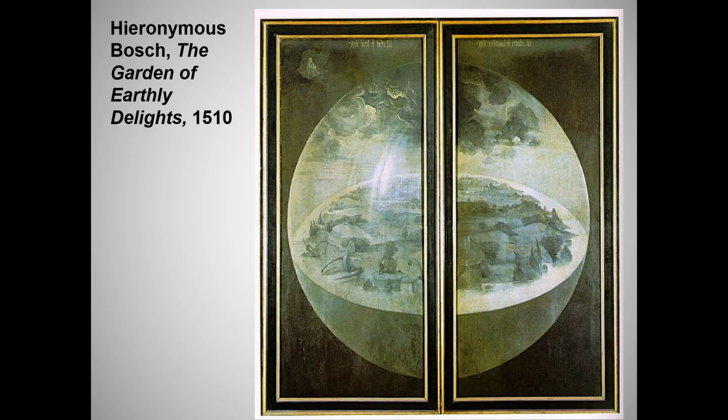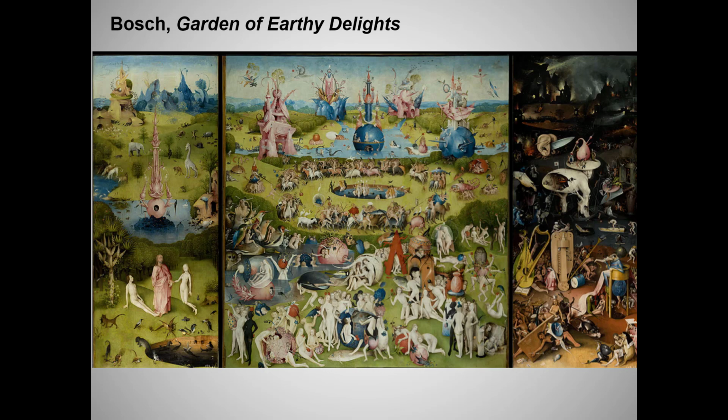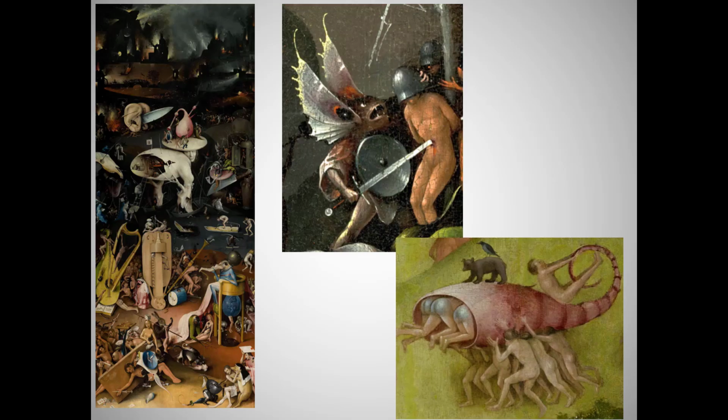Here's the triptych in its entirety. We have Adam and Eve on the left, the so-called garden in the middle, and hell on the right. And here are some bizarre scenes from hell, including Bosch's self-portrait. I've included a couple of details from the work. The top image comes from the hell panel, and the bottom image comes from the middle or garden panel.